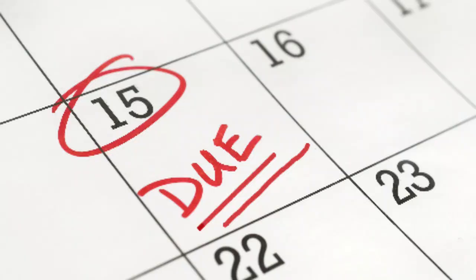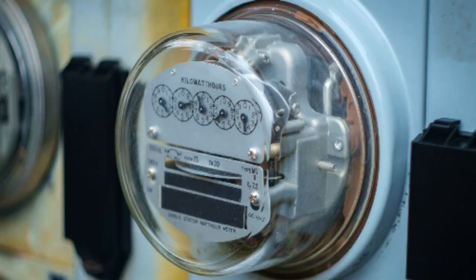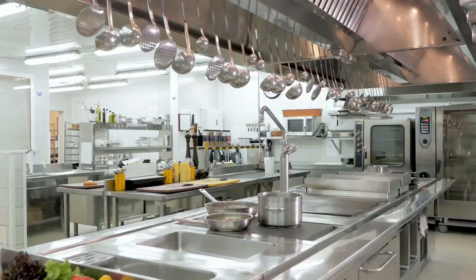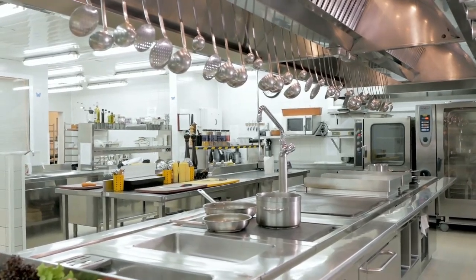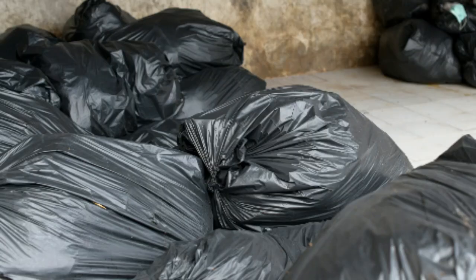So now I'm going to get into all the utilities that are involved in this bulk payment. One of the interesting things that goes on at these ghost kitchens is an expense that comes your way in terms of utilities. How these utilities are split up amongst all the other operators in the ghost kitchen is up to the landlord, for lack of a better word. Some of these bulk payments include, but are not limited to, the following: gas, power, high-powered lighting so you can see all the nasty stuff on the surfaces of stoves and prep sinks and prep tables, hot and cold water lines, Wi-Fi. You need high-speed Wi-Fi just to make sure you get all the orders, trash and recycle,